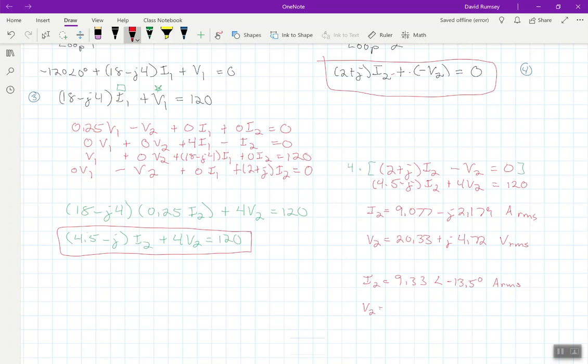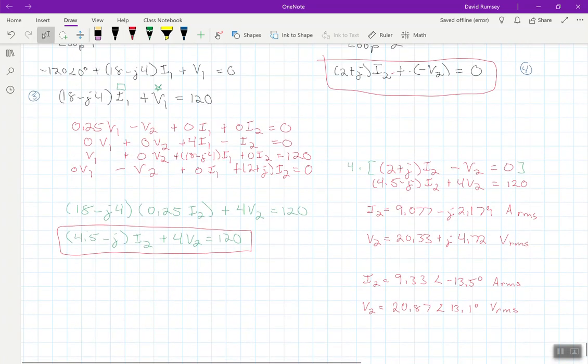And V2, which is the V out we're looking for, is 20.87 at an angle of 13.1 degrees volt RMS. Now, the reason I'm pointing this out here is, let's look at the magnitude of this